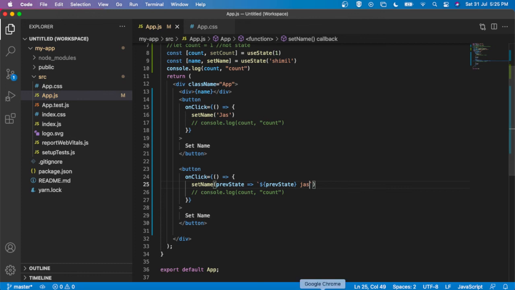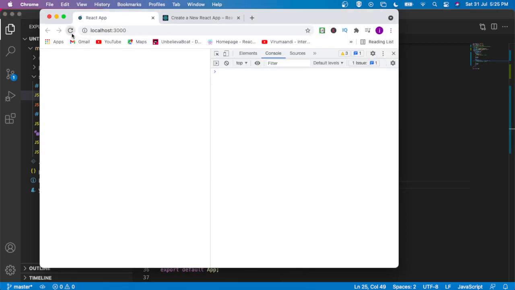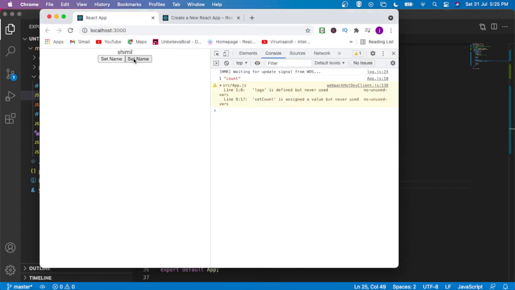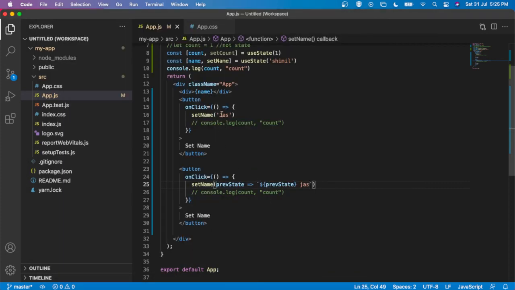Okay, now if I refresh my screen, okay, Shimil is here. If I click set name, yes, the string JAS is appended to the previous string, Shimil JAS. Clear? Now if I set the name again, the old value is replaced with JAS. Here I am passing the value directly.